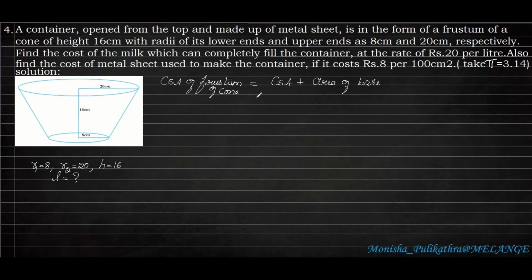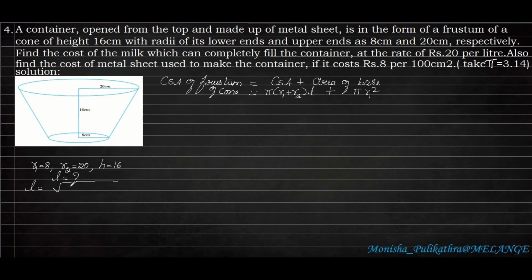For CSA, that is curved surface area of frustum of a cone, the formula is pi into R1 plus R2 into L. Whereas in this container, one side is closed, whereas one side is open. If this type of problem arises, we have to take the area of the base also. Area of base is given by pi R1 square. Here the slant height is given by the formula